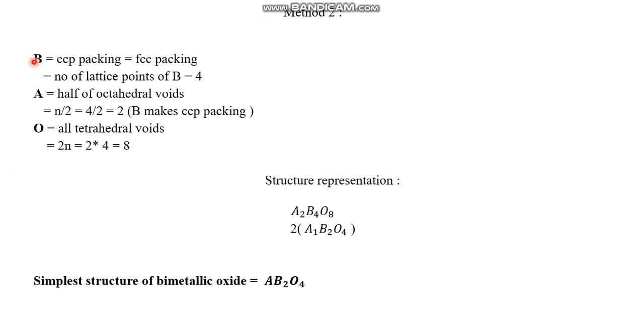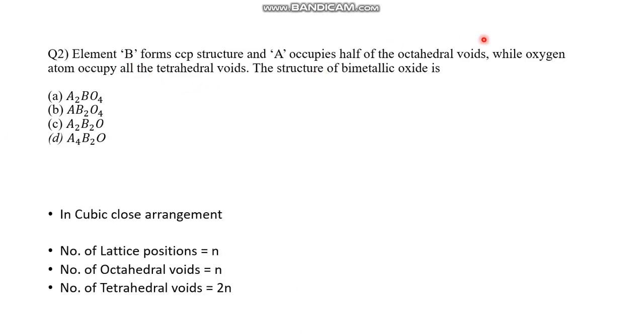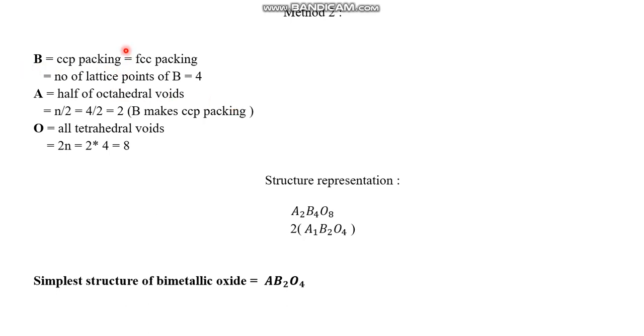So this is your lattice position again. B is making your CCP packing. So in those questions, please listen carefully, wherever it's mentioned that so and so metal or so and so anion is making your CCP packing, and it's not mentioned whether it's FCC packing, HCP packing, or any other packing,